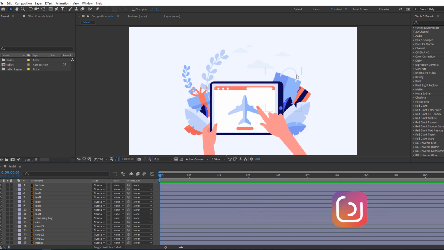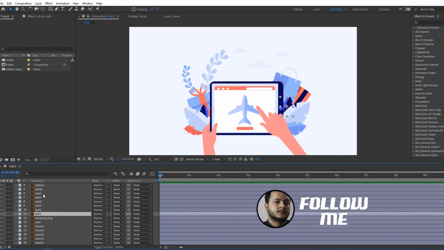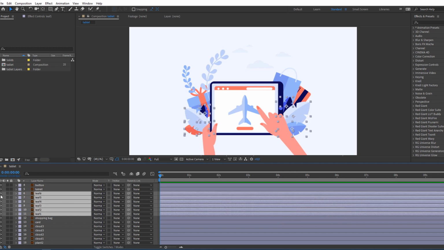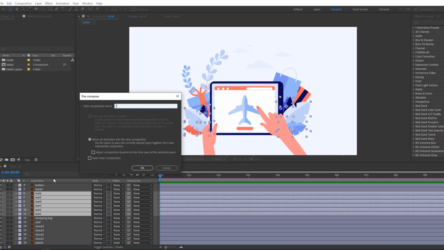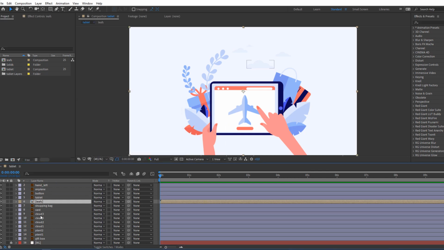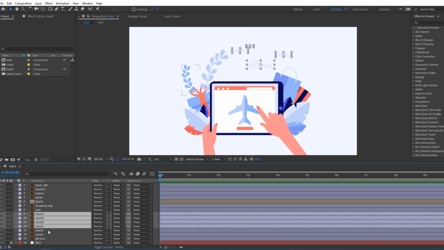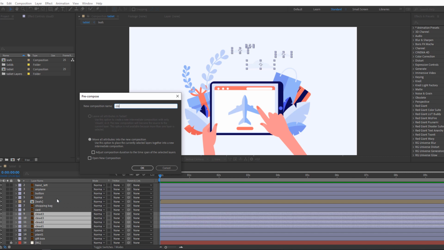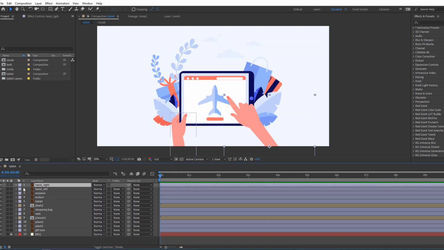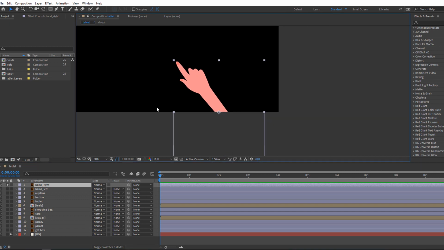Let's select these background objects, leaf 1 to leaf 6. Right mouse, precompose, add the name leaves, and click OK. Then select these clothes, right mouse, precompose, add the name clothes, and click OK. Select this hand right, go to solo, and select palm behind, move to here,